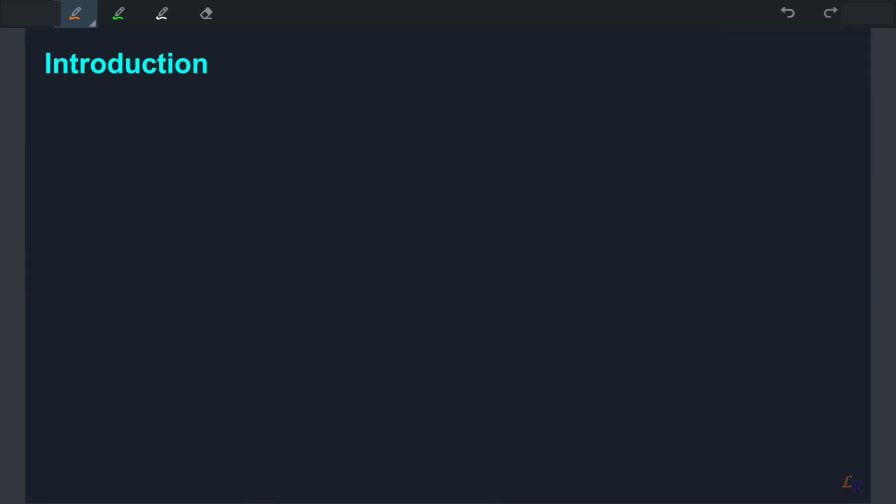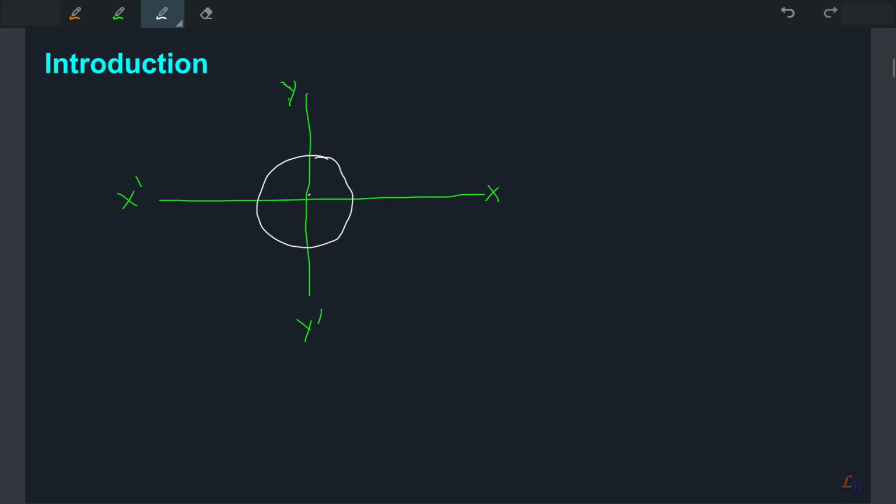So let's begin. When we are talking about trigonometric functions, as we have seen in our previous lecture, the best way to understand is just to draw a unit radius circle. Let's say this is your axis, x dash, y, and let's say this is y dash, right? Now you can draw a unit circle around this. Let's say this is your center and this radius is 1, so this radius is equal to 1 unit.